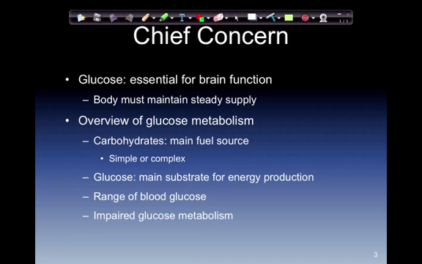A range of blood glucose levels, while we're talking about this, about 70 to 80 milligrams per deciliter. High normal is 120 to 140. Blood sugar over 120 to 140 is considered elevated. Patients can have transient versions of this to have blood sugars over 180 to impaired glucose metabolism.